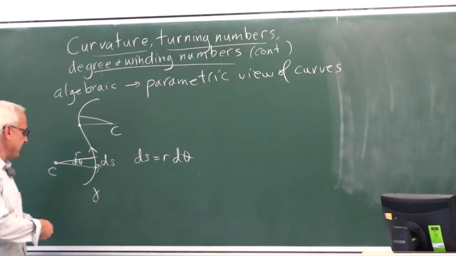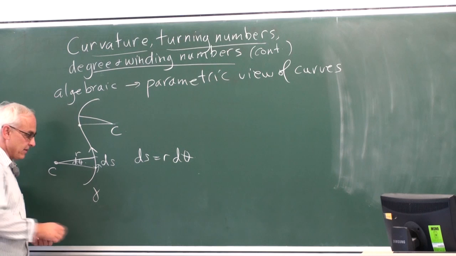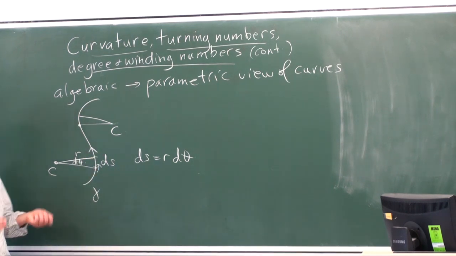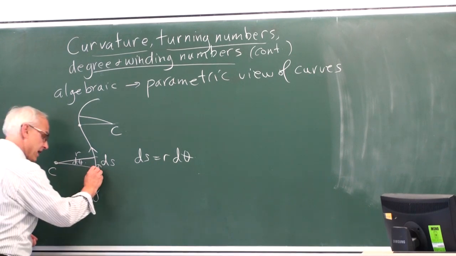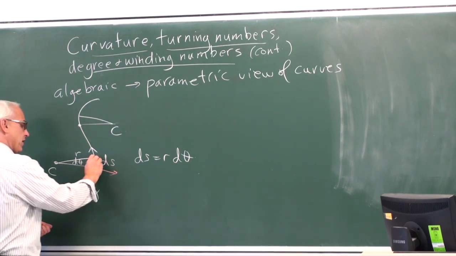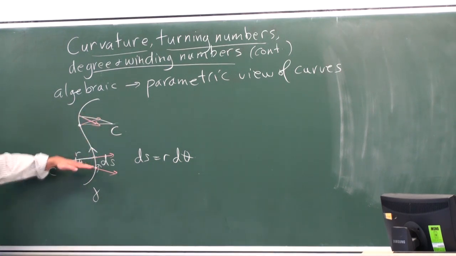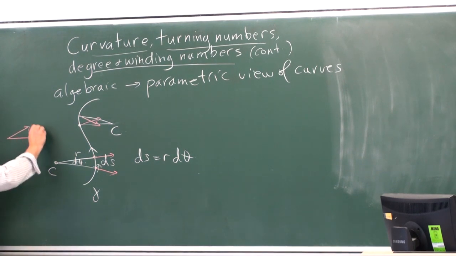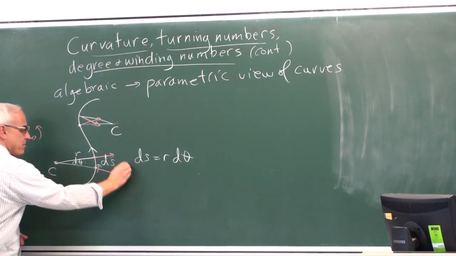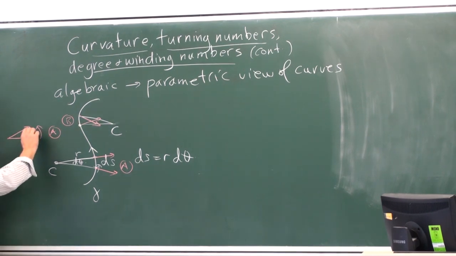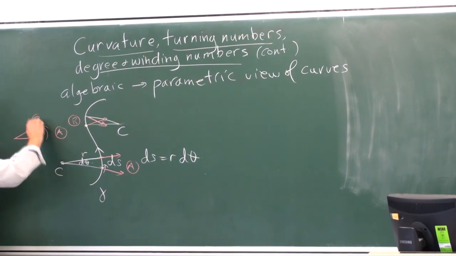So the best thing to do is to think about a tangent that's following our curve, or a normal that's following a curve. And there's sort of these two points of view. And last time we talked about the normal. So if we look at the normal to the curve, then there's something different happening at this portion. In this portion, the normal is moving in this direction, in the part A, while in this part here, it's actually going in the reverse direction.